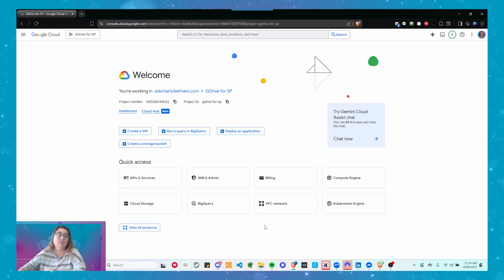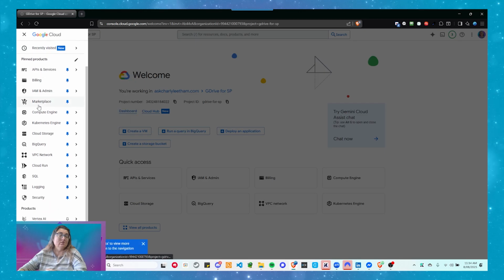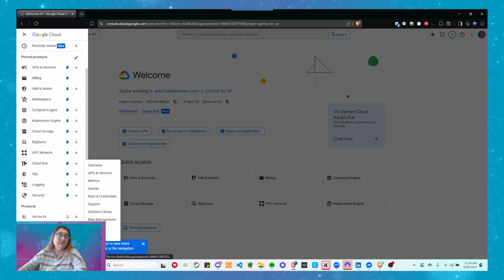What I want to look at is the Google Maps side of things. Google Maps all comes under Google Cloud now. Across here on the top left-hand side of the screen, there are three lines, which when you mouse over it says navigation menu. Remember, three dots, three lines. Normally there's something there that you can look at. If you click on that, it's going to pop out a little menu for you. Scroll down to where it says Google Maps Platform and click on that.